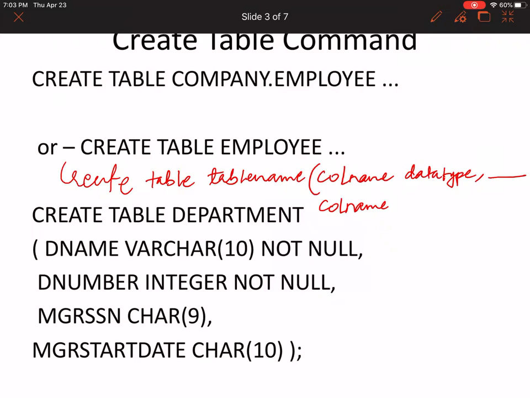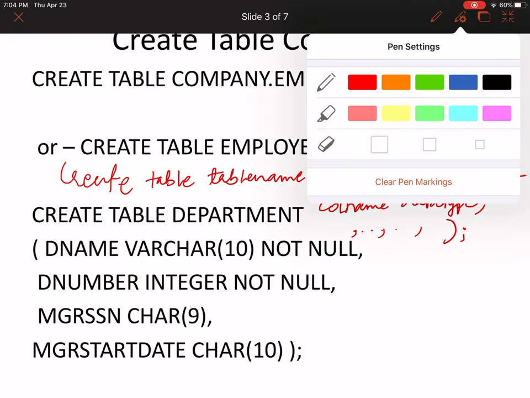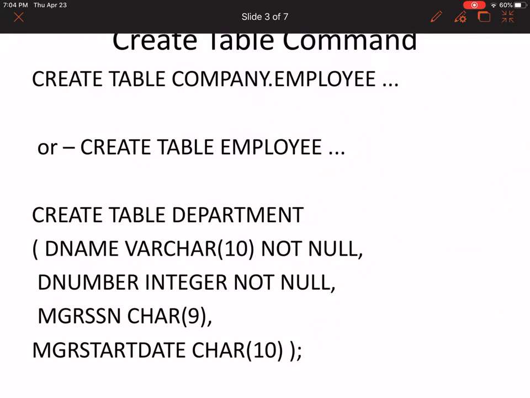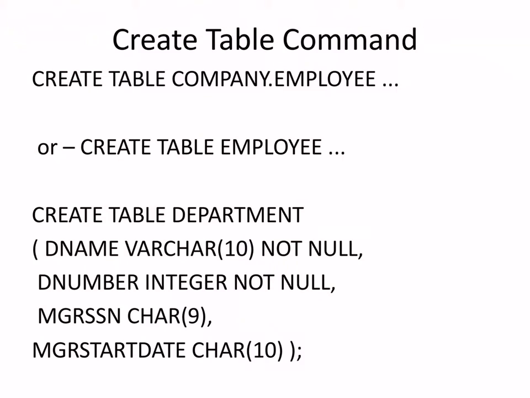I am just writing it down for my convenience and for clarity. Data type, comma, and however many columns there are, those many, all separated by commas. Bracket complete, semicolon, and enter. So this is the create table command. This is the first elementary, basic SQL command that we need to do, and this is a data definition language. That means you're trying to define the database by creating the various tables using the create command. So the create query is put under the category create table command.